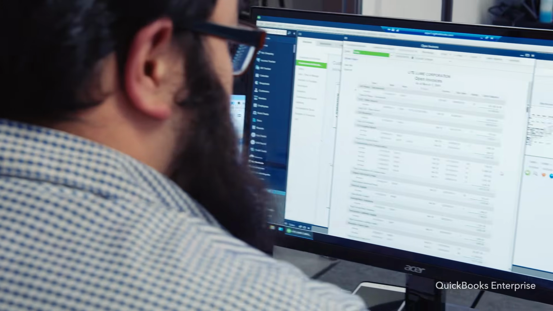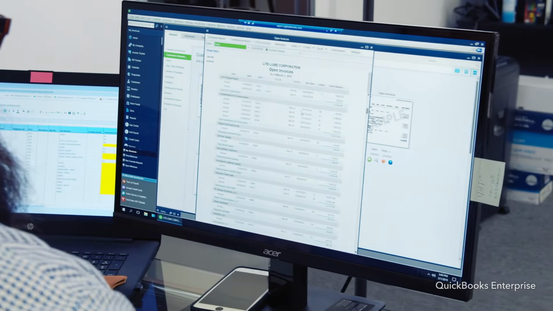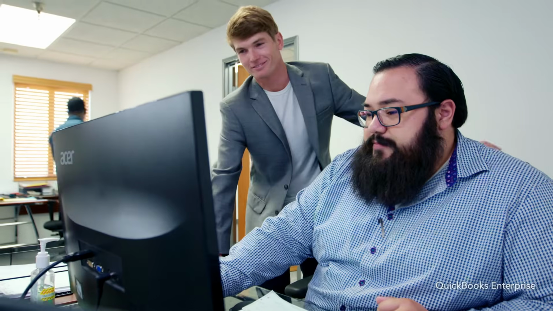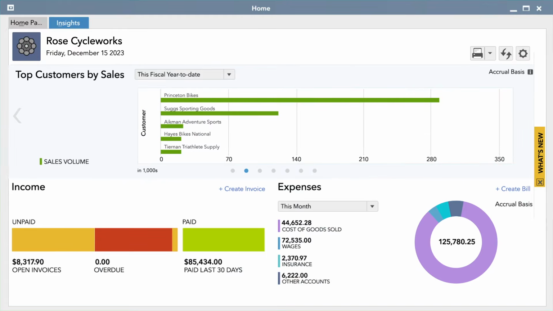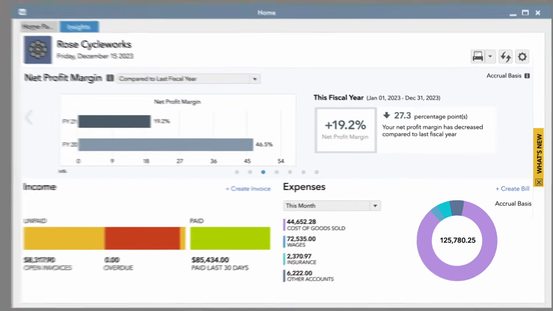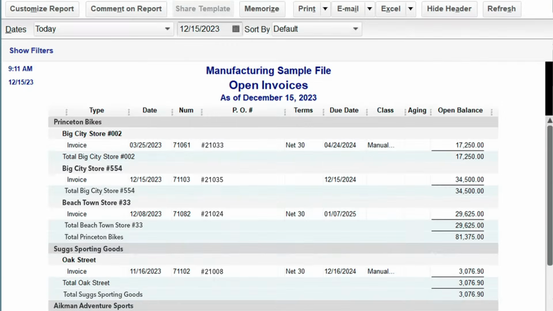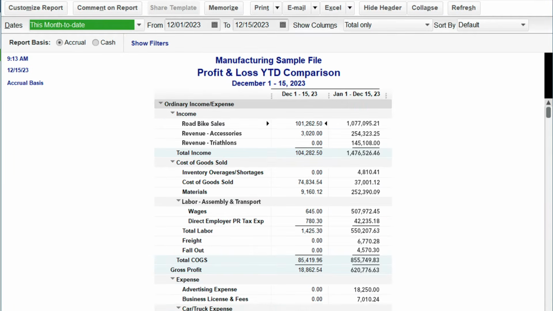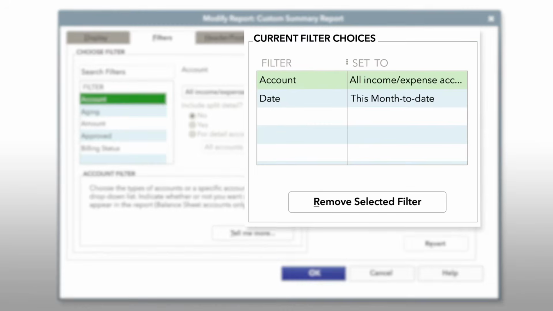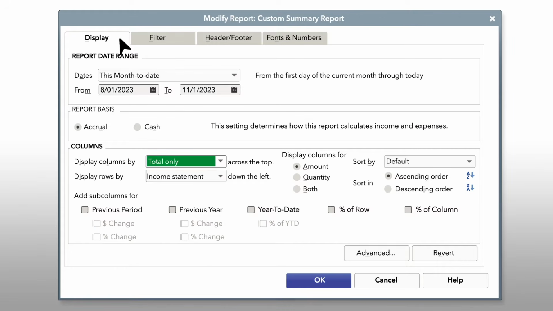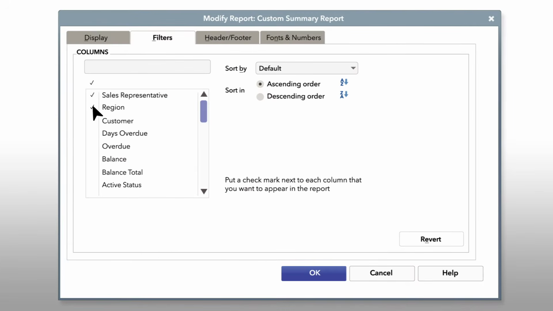We built the reporting capabilities in QuickBooks Enterprise based on a single, simple idea. It's your data, and you should be able to see it the way you want to. Enterprise includes more than 200 built-in reports, all customizable to capture the data that matters most to you. You can apply filters, add or remove data points, or add a custom field like sales rep, region, or customer